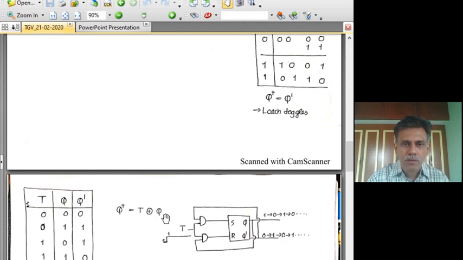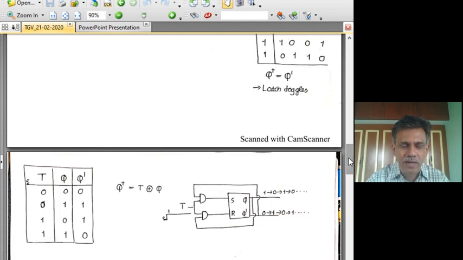Okay. So that is the T latch, or if you want, you can call it the T flip-flop, which is a level triggered flip-flop, if that is the way you want to call it. But again, you have to note that the level of the enable signal or the T signal, which we will later on call the clock, is the one which makes this change happen. So it is still level triggered, and these devices we have seen so far are not edge triggered.